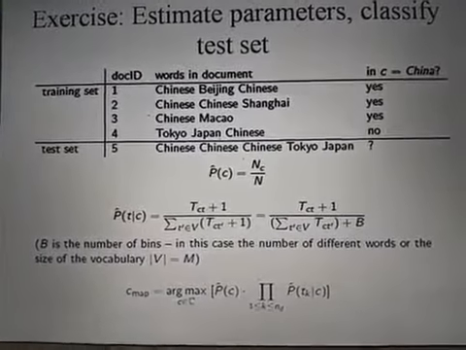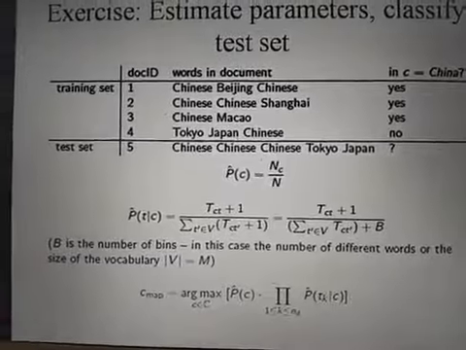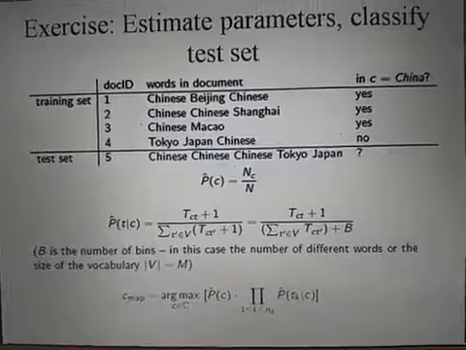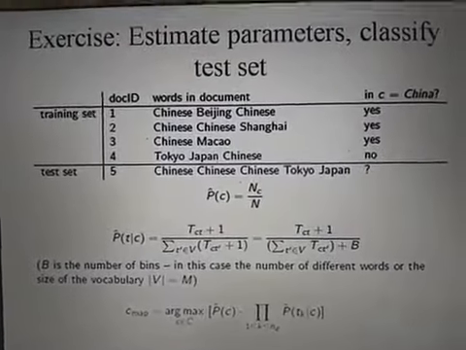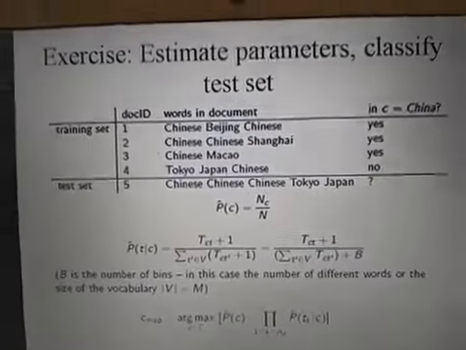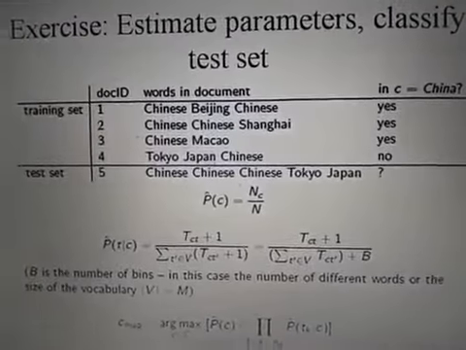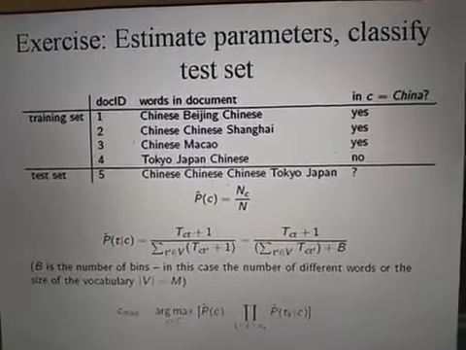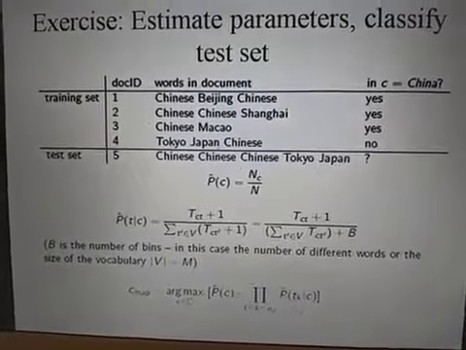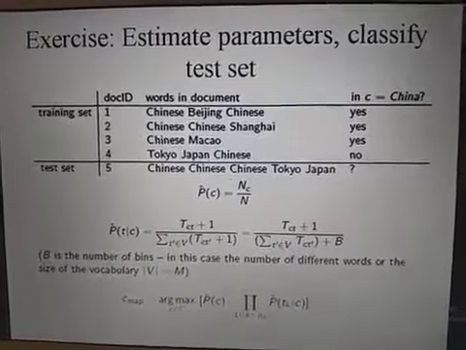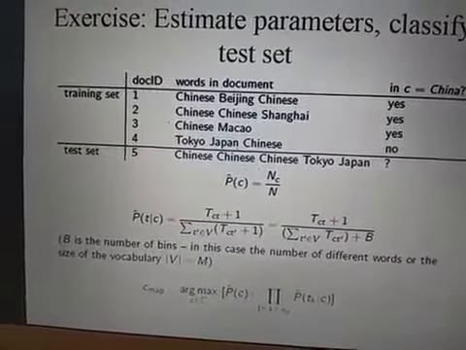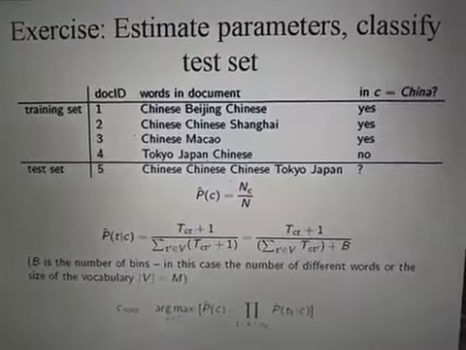So here the probability of C, as we already know, is NC by N. That means the total number of documents within a class by the total collection of documents. Then, for the probability of each term, to avoid a zero estimate we add 1, so we use that particular expression to calculate the probability of each term with respect to the class. So this is the expression.